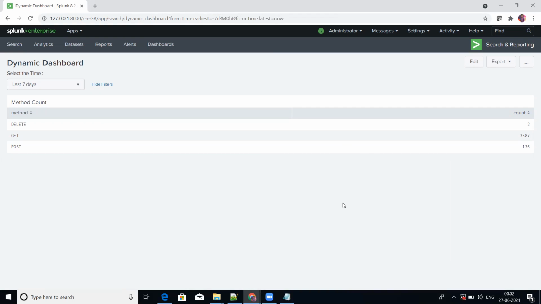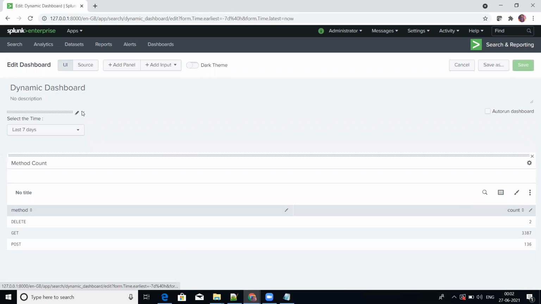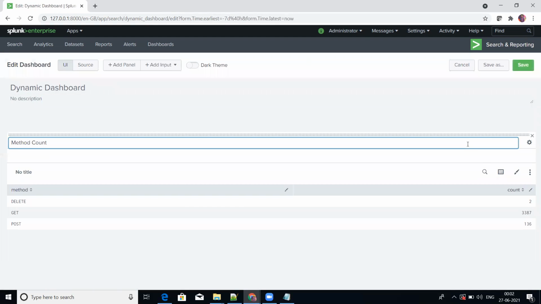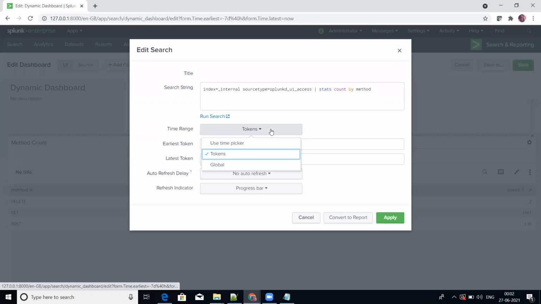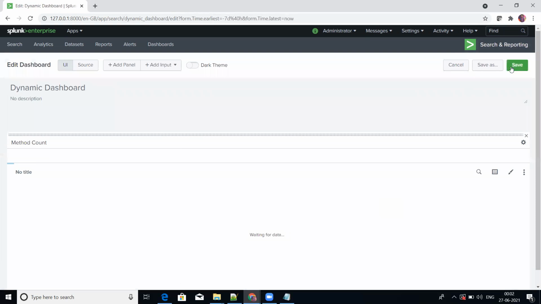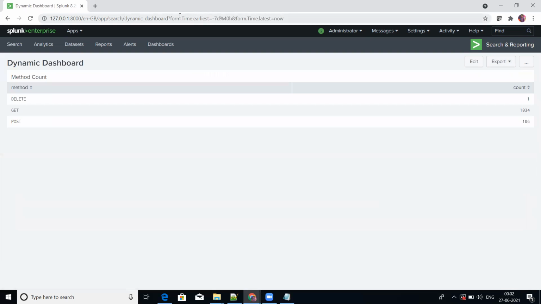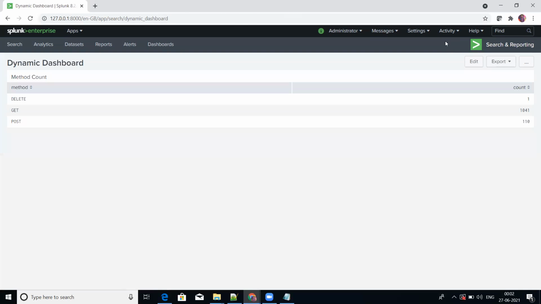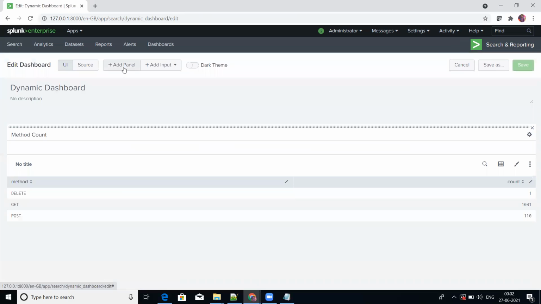Now the second thing is, let me cancel this one and let me again go back to the time range picker, and this is 24 hours. Okay, I just reverted all the changes and then I am gonna refresh my page so that my dashboard will still be a static one. Now the second thing is,